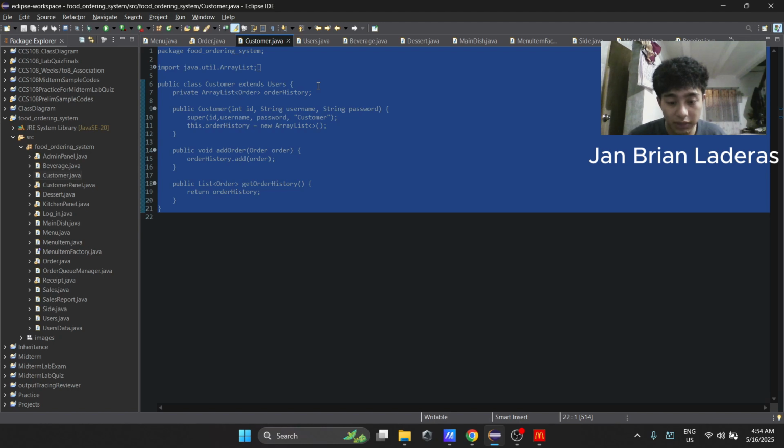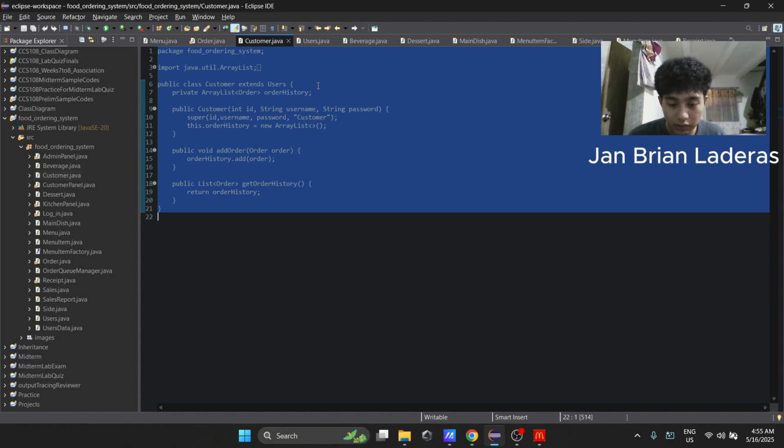Then the quick summary. The inheritance handles shared login data with no duplicate fields, and a private ArrayList of Order stores past orders, satisfying the customer order history requirement. An add method and getHistory provide controlled access, so encapsulation remains intact.